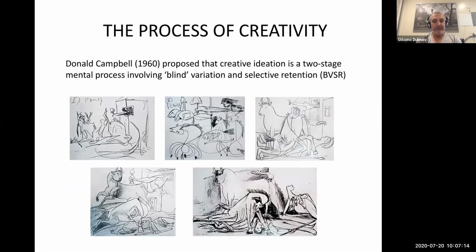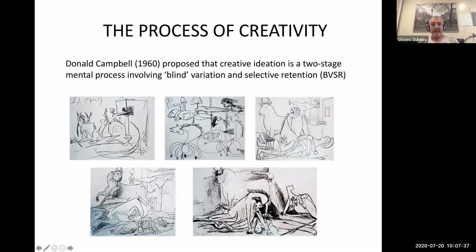So the process of creativity, people were exploring these questions from a psychology perspective, and Donald Campbell, a psychologist around the 1960s, proposed this mental process that he called BVSR, which combines so-called blind variation and selective retention.